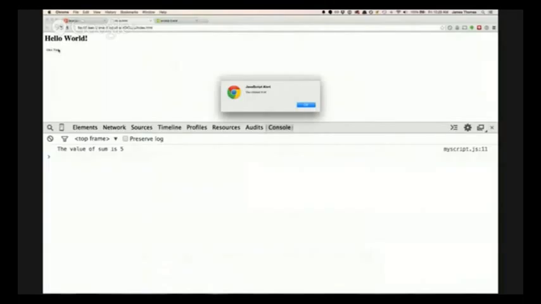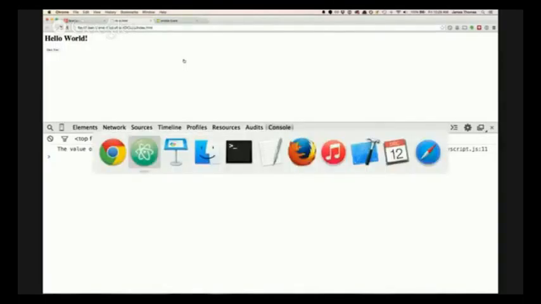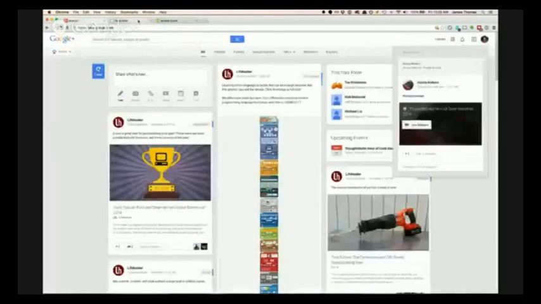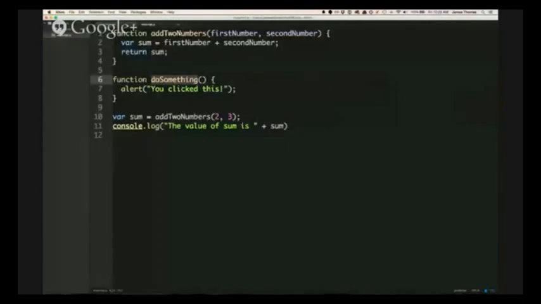There we go. So I must have spelled it incorrectly. So now when we click on the button, it brings up that alert. So events are really cool. They're really handy things and let us do a lot of stuff that we otherwise wouldn't be able to do. All right. And yeah, that's one example. There are other ones, like if we do